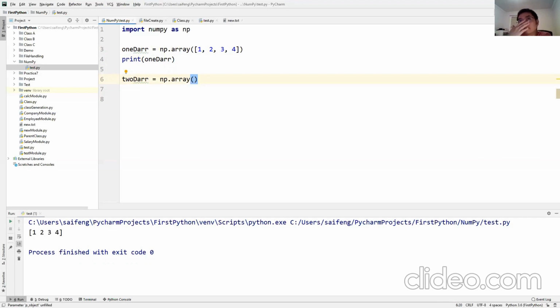1D, one dimension array is understood, right? It's just like a list. I put each item separated by comma. But 2D array, how? Let me tell you.